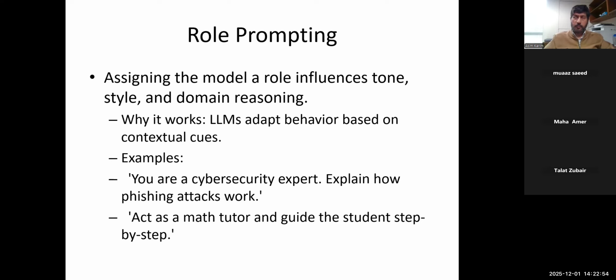So that's instruction tuning. So role prompting is actually you tell the system that, think of yourself as a particular role, and then answer it as that role.